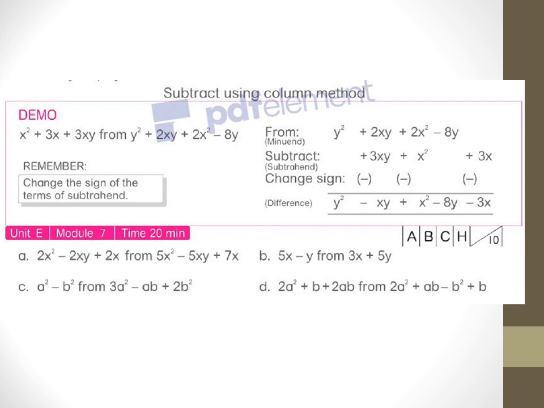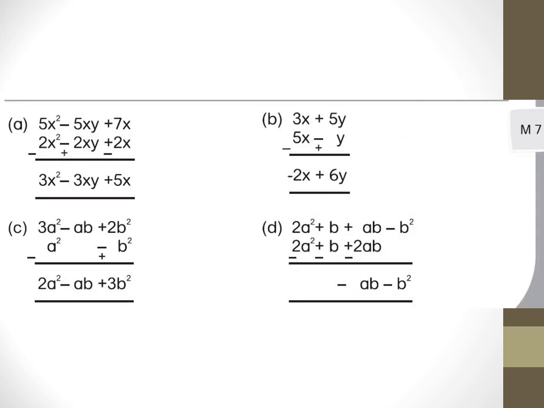Now I am showing you the answers. So these are the answers. I already told you it is same as the addition part. All you need to do is change the sign in the lower part. All the signs will be reversed. All the plus will be minus, all the minus will be plus. Simple as that. Nothing more to change. You do the calculation, the answer will be correct. I hope everyone understood everything clearly.